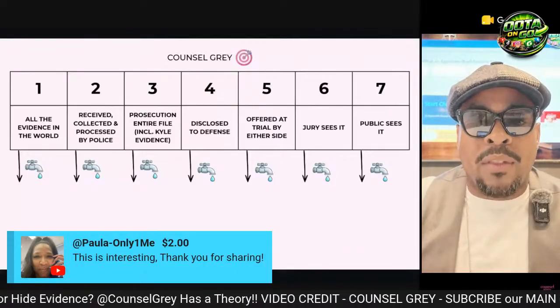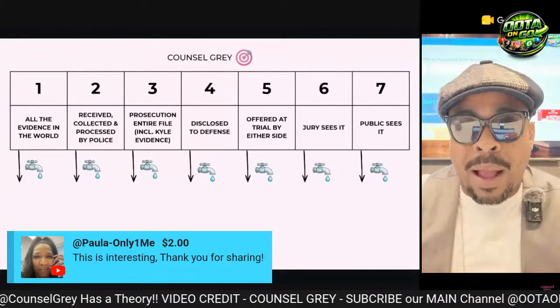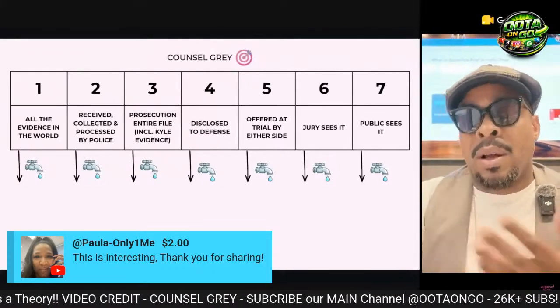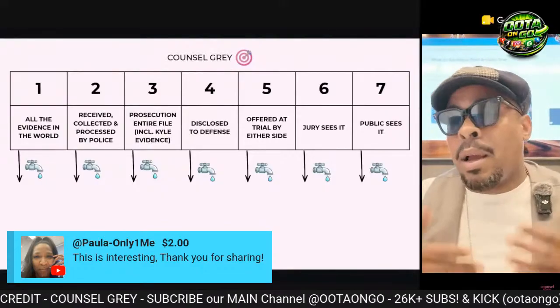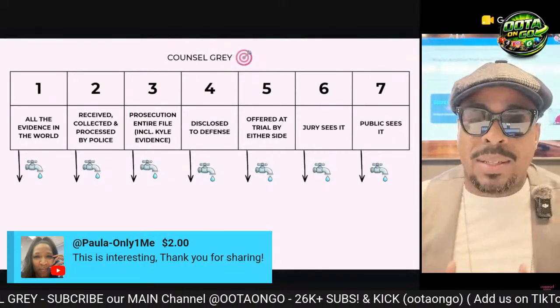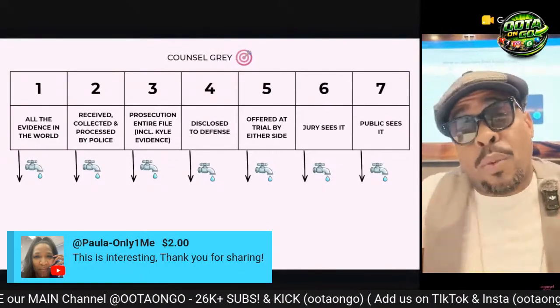So I just want everybody involved and very interactive in this case. This is a very polarizing case. A lot of us are very emotionally attached to this case. So we just want to get down to what the facts are.